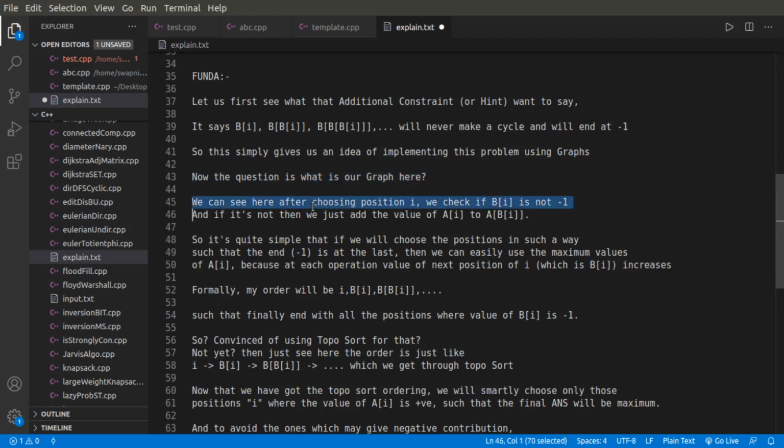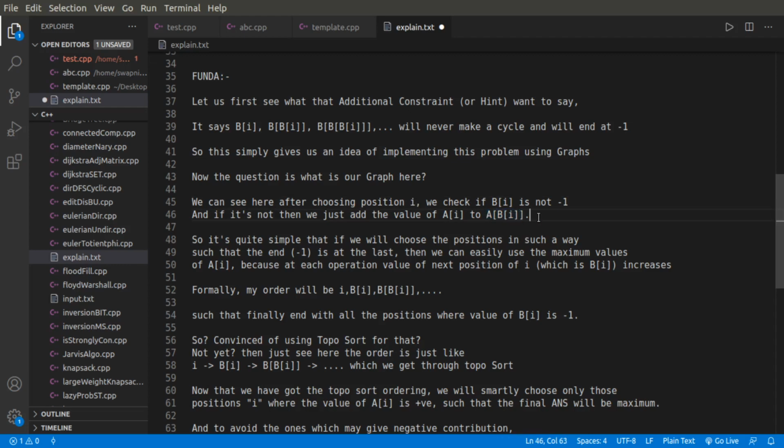It's really simple. After choosing a position i, we check if b_i is -1 or not. If it is not -1, then we add that value of a_i to the value at b_i.